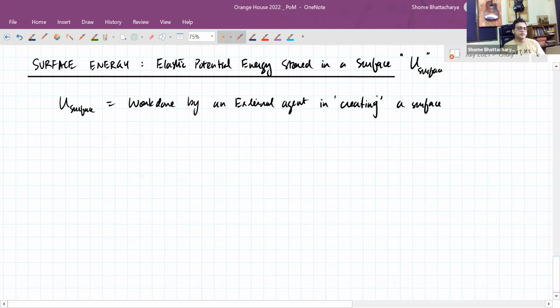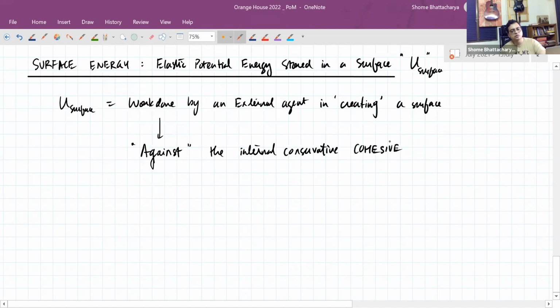So in order to create a large surface, as an external agent, we have to do work against the cohesive forces, or the internal conservative forces of the system, which in this case are the cohesive forces between the liquid molecules. That work done gets stored in the system